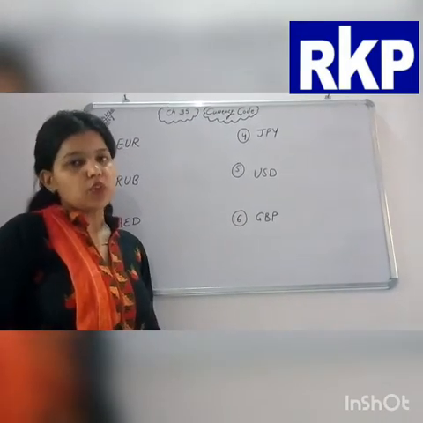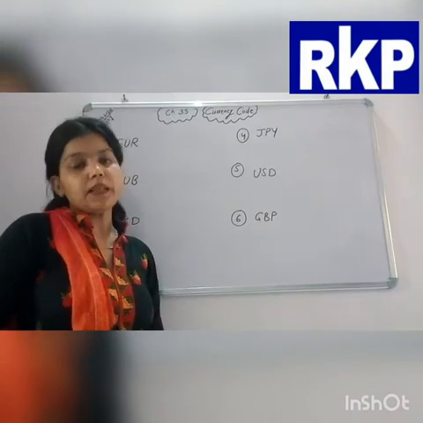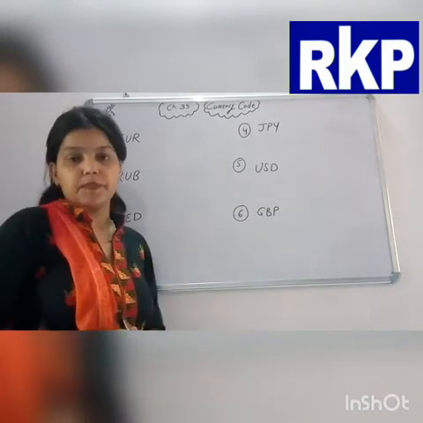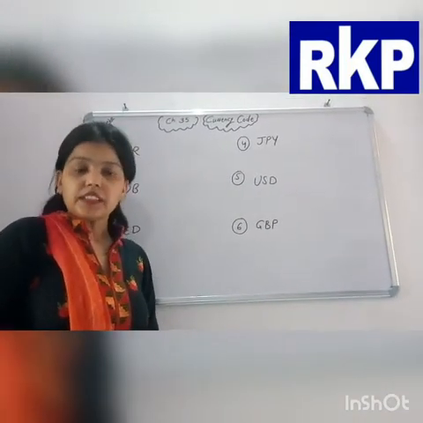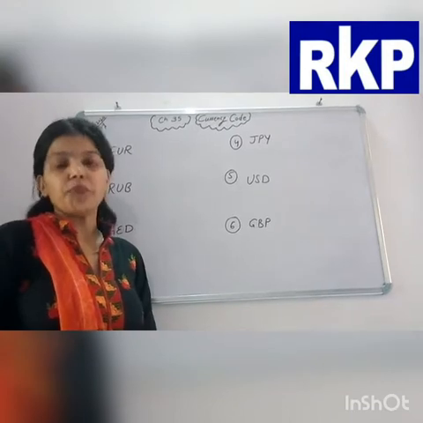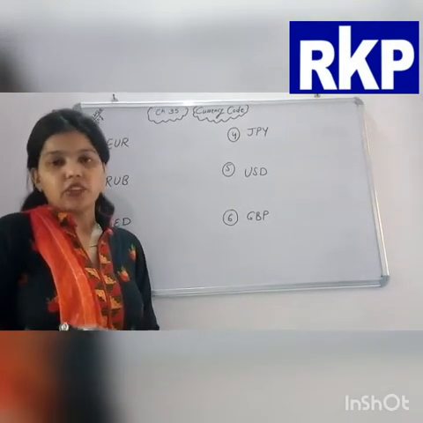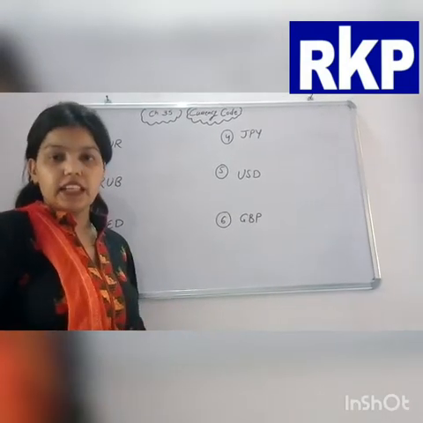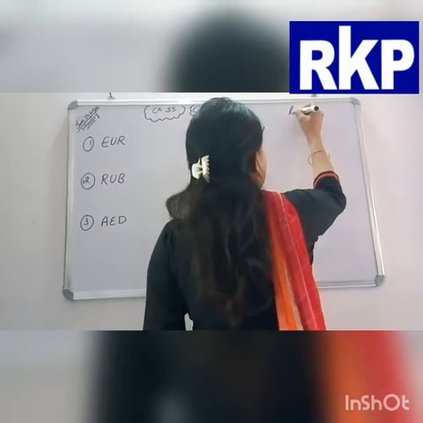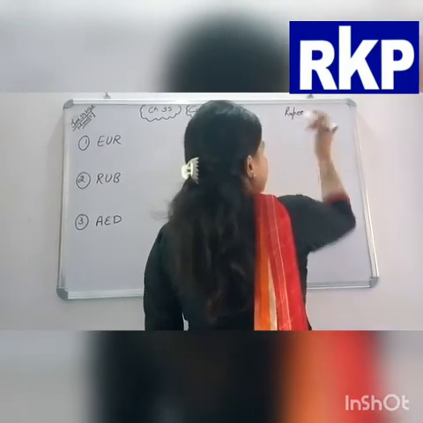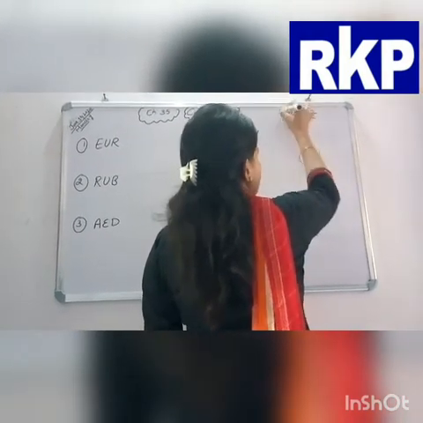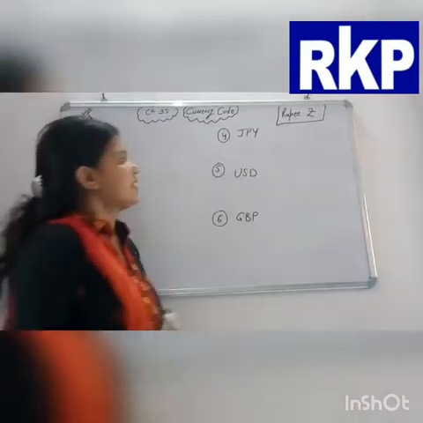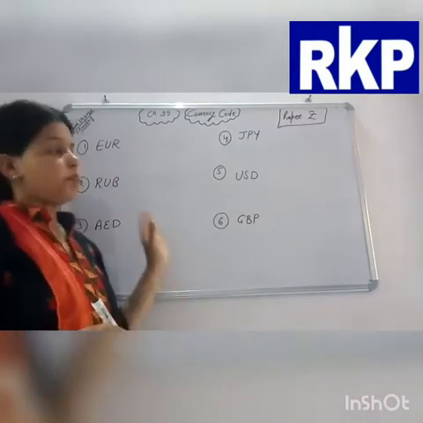Students, in the previous video we did chapter number 27, demonetization, and in demonetization we did one topic, currency. So just revise it. Currency is a system of money in common use in a particular country, or used by the people of a country. For example, in India, the rupee is the currency of India and the symbol of the rupee is this. Okay? So same here in your chapter 35, some currency codes are given and pictures are also given there.